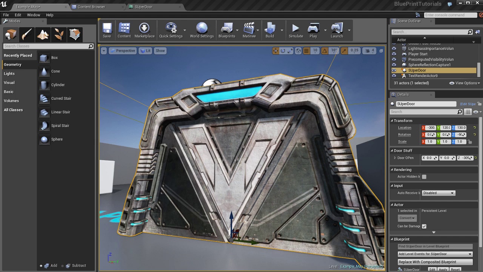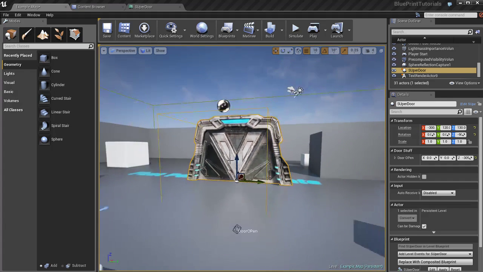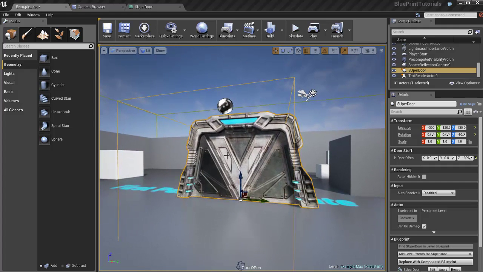So the way we would do steam with Unreal 4 is through a particle system. In this video I'm going to show you how we can add a particle system to this door and how we can basically turn it on and off when we want it to. We'll have it turn on when the door is getting ready to open, and then turn off a little moment afterwards, because we don't want the steam to keep going as the player